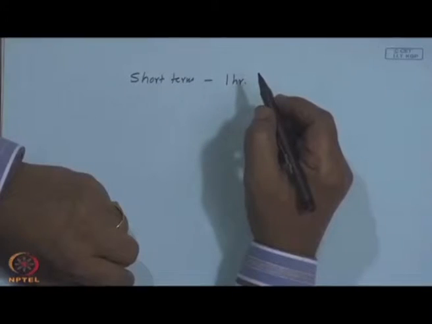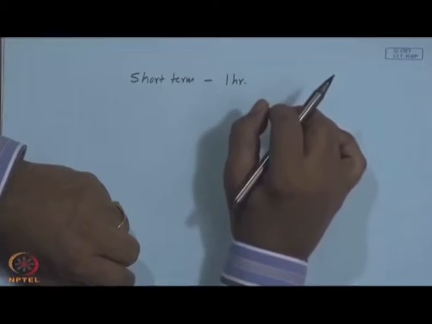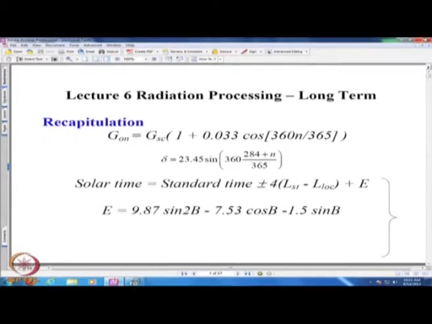However, we have listed a large number of equations, and so I thought it is about time that we spent on recapitulating what we had started in the beginning. We defined the solar constant G S C, as you can see on the screen, and then the so called radiation normal to the sun's ray at the current sun earth distance is G O n.